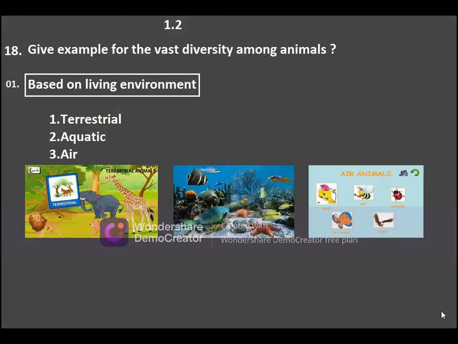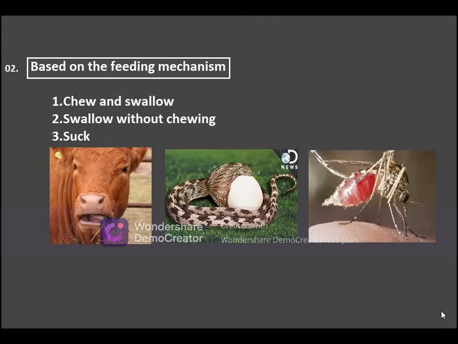18. Give examples for the vast diversity among animals. Based on living environment, as you can see on the screen: terrestrial, aquatic, air. Based on the feeding mechanism: chew and swallow, swallow without chewing, suck.